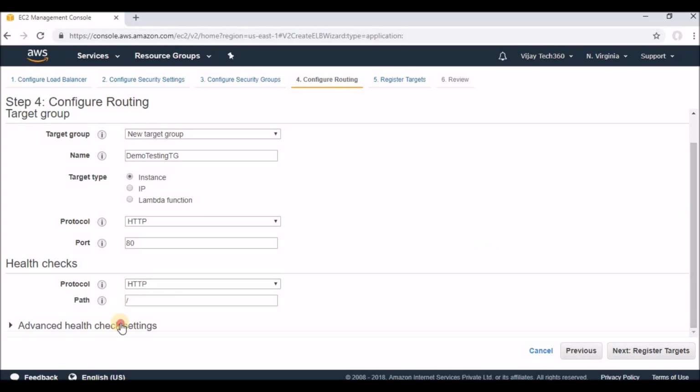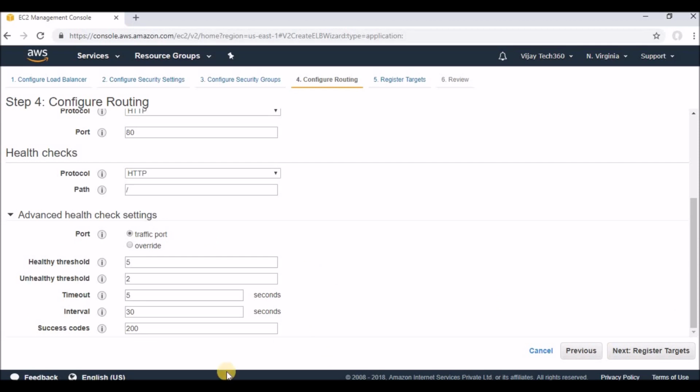So no need to bother about all those. Just click on the advanced health settings. These are very important. The healthy threshold means it is going to check 5 times whether that instance is healthy or not. Before sending a request to that server, the application load balancer will test 5 times whether that instance is healthy or not. If it finds it unhealthy 2 times, then it is not going to send that request to that particular